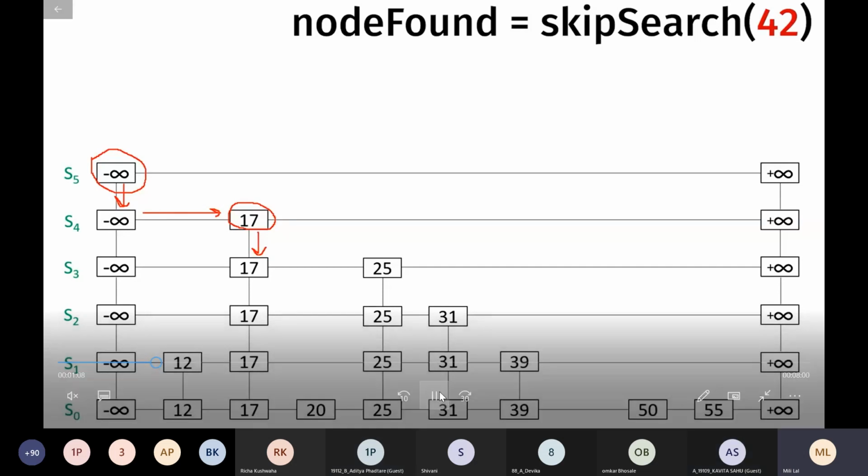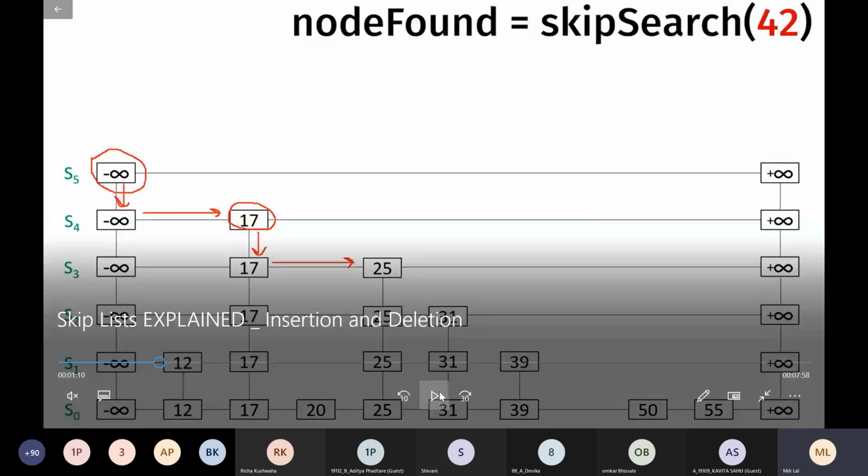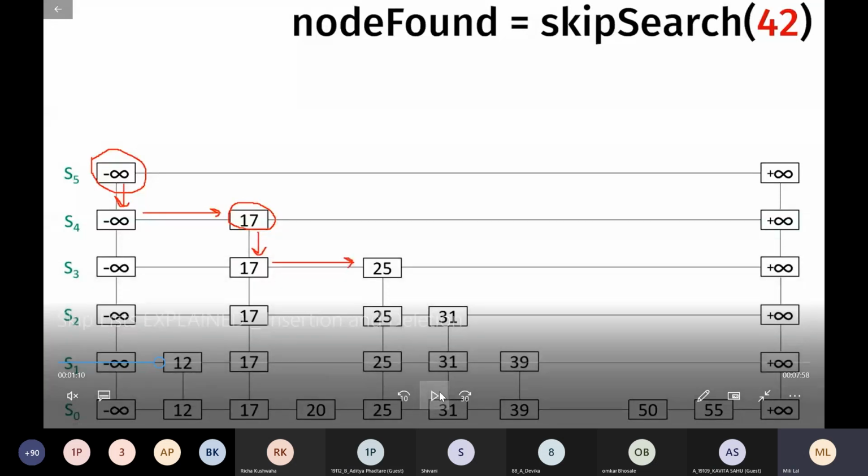Okay, next. Then you check what is the next node. After 17 there is 25, which means you traverse from 17 to 25. Now you will check again whether 25 is greater than or less than 42. So 25 is less than 42. That means 42 should come after 25.